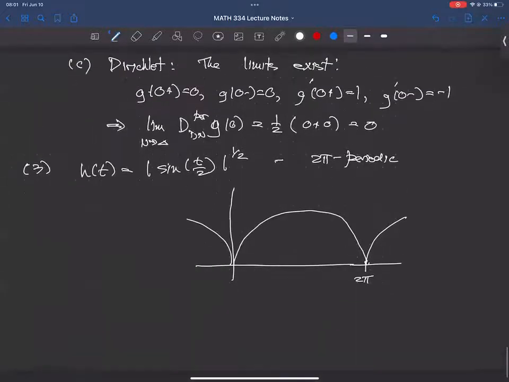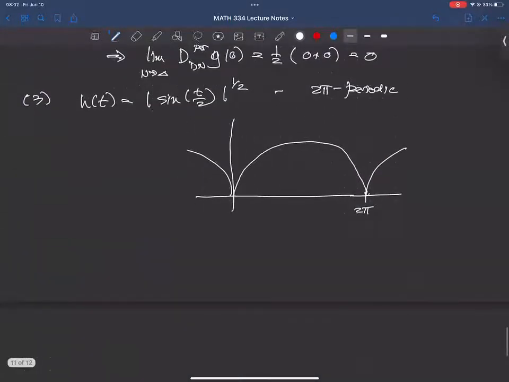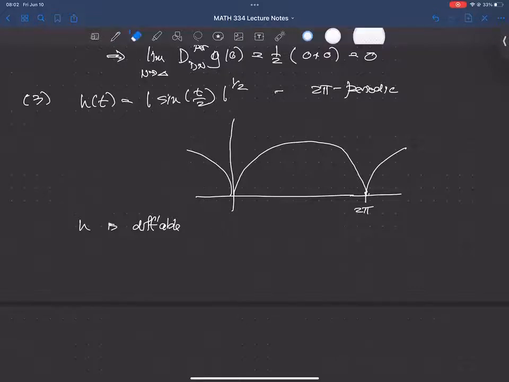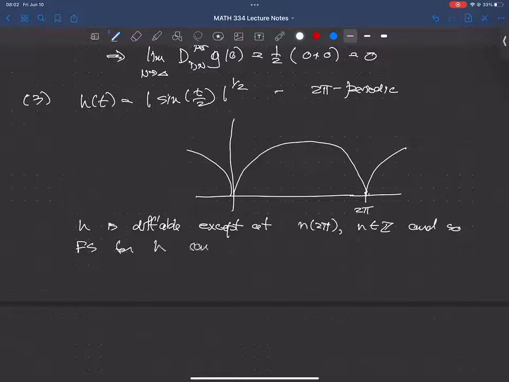Now what does the square root serve to do? Let's first of all dispense with the easy bits. H is differentiable except at integer multiples of 2 pi, and so the Fourier series for H converges to H at these points. It's not differentiable at 0, say,